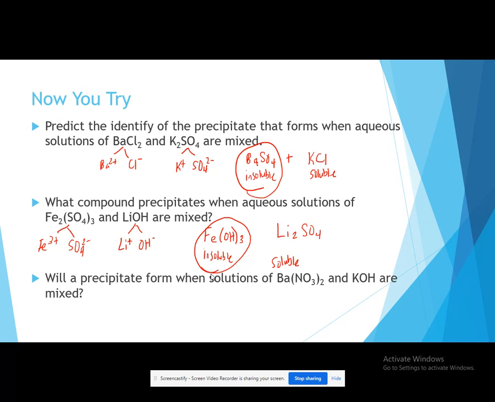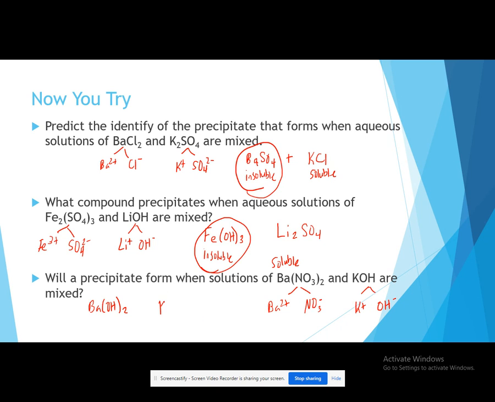And the very last example, I want you to try this one on your own, and then we'll see how you did. Okay, let's go through the last example. It's asking, will a precipitate form? So let's go ahead and split these into their ions. A Ba2+, NO3-. This one splits into a K+ and an OH-. Okay. Now I have to rearrange these and combine them. So this positive now goes with this negative OH. So Ba(OH)2,